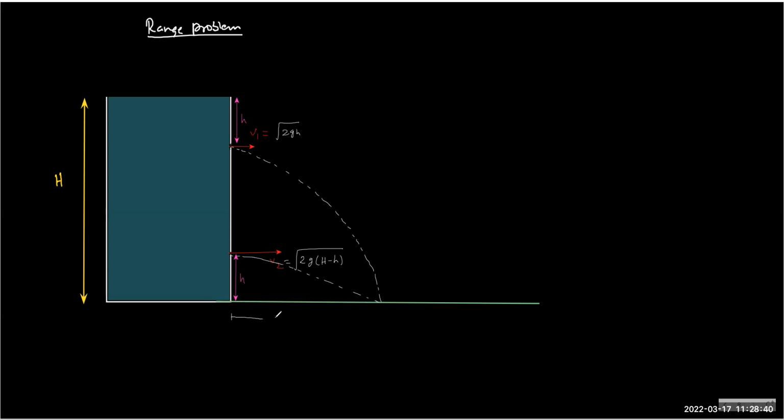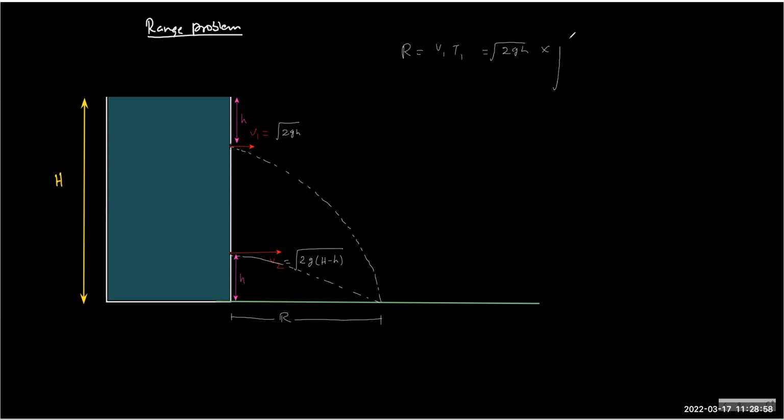So they will have the same range. That's an interesting point that you need to remember, and that's very easy to prove. So what is the formula of range? v1 into time of flight. So v1 is root 2gh,